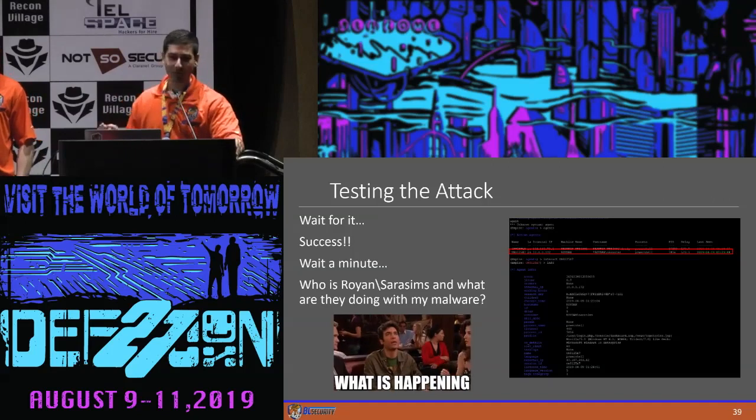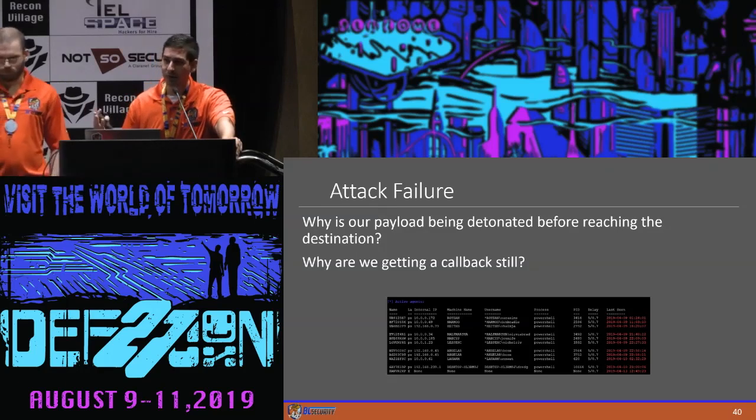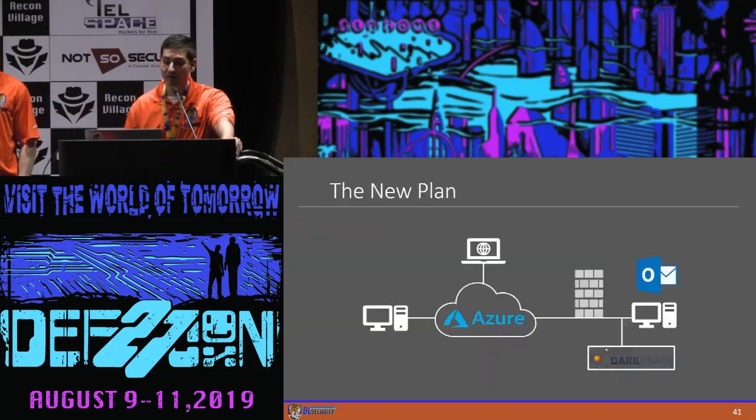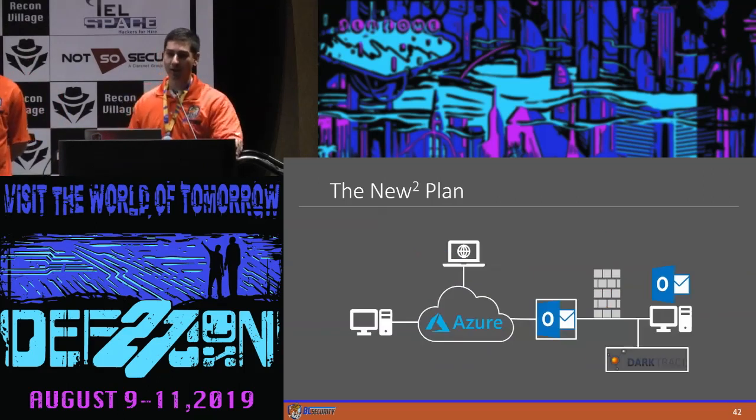So it turns out that our attack failed, and we're not sure why. So, being crafty as we were, we decided, why don't we just send a bunch of payloads now, get all these callbacks, and hopefully we can figure out what's going on. And it turns out this original plan that we came up with for launching everything into their network is not going to work. It turns out that Microsoft has